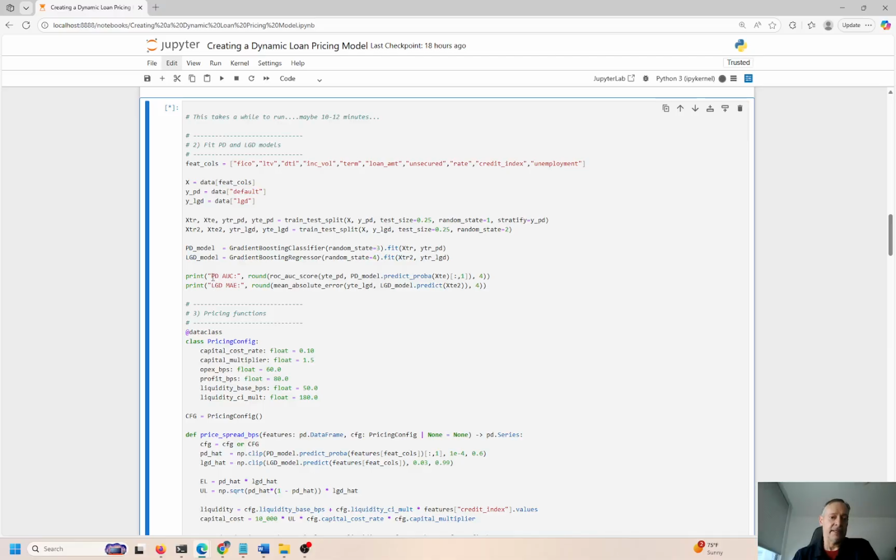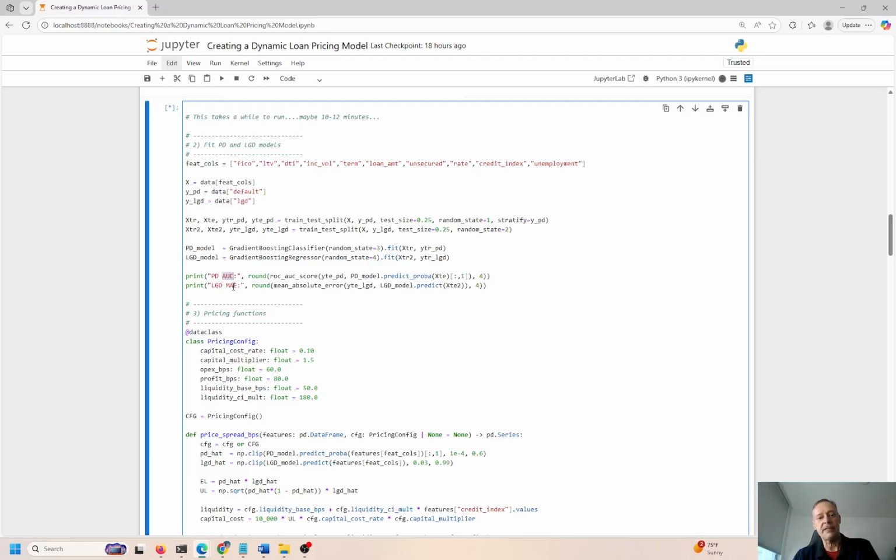Okay, and again, we're looking at the probability of default and then the loss given default. And we want to look at the area under the curve. This is the AUC and the mean absolute error. So these are slightly different ways of doing the prediction, and